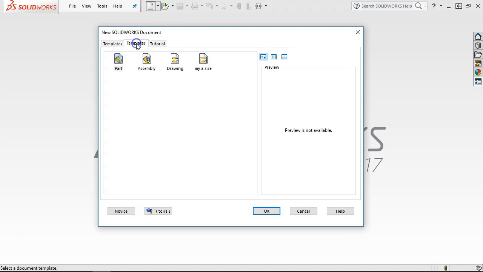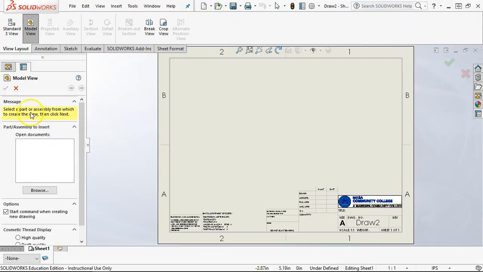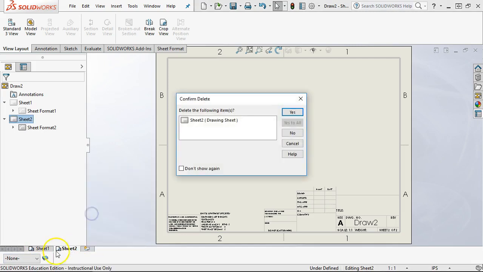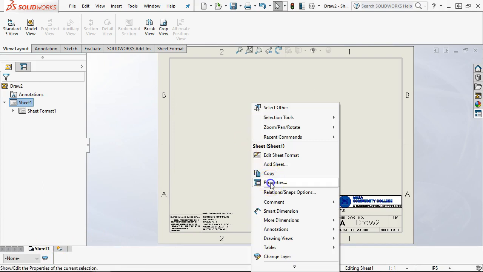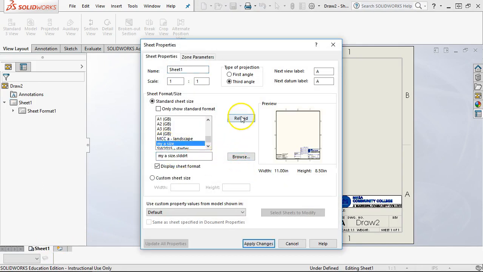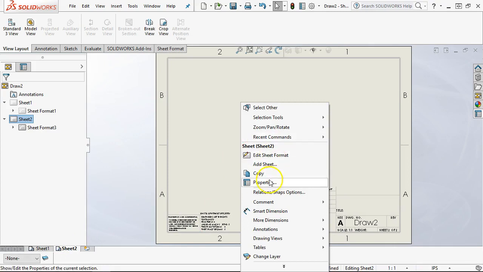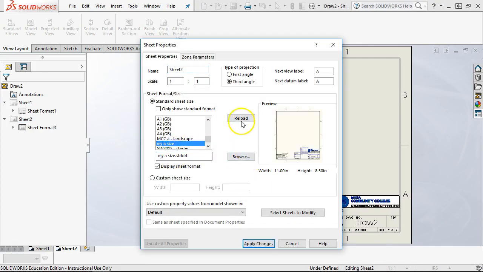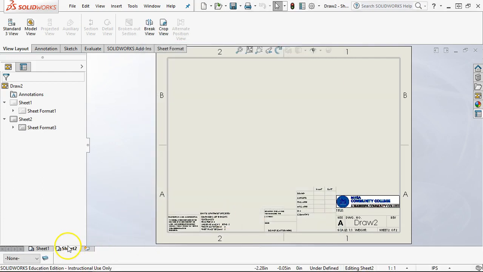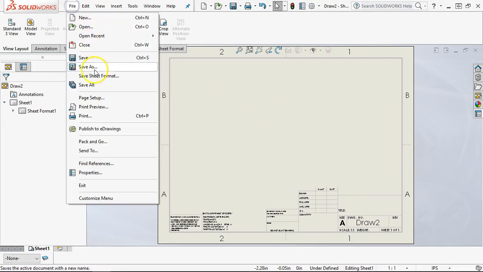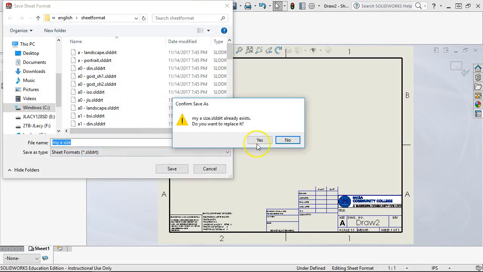All right, so new, and this would be under templates. There's my A size. I have my modifications. I double check by adding the next sheet, and sure enough, it didn't do it. So we go back to the properties. We can delete that one. And reload. Apply changes. Since it didn't do that, let's go ahead and do my A size, reload, apply changes. Make sure I don't have two sheets in my sheet format, so save sheet format, let it override,